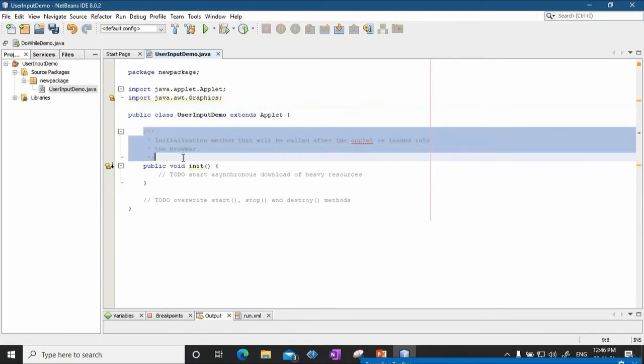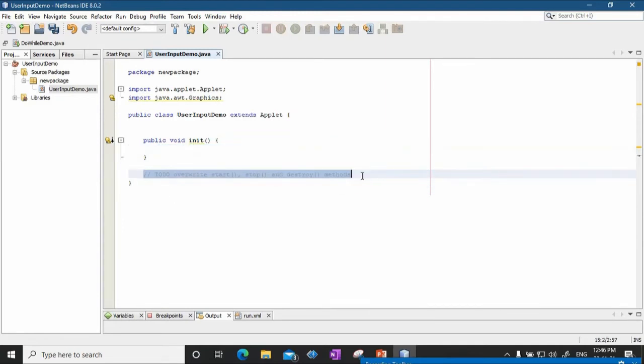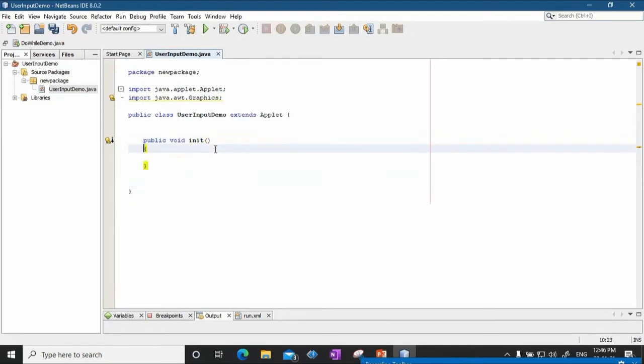Okay, and there is an init method that is given to you. Now I will only copy paste the code.